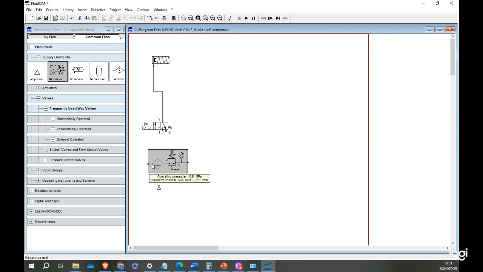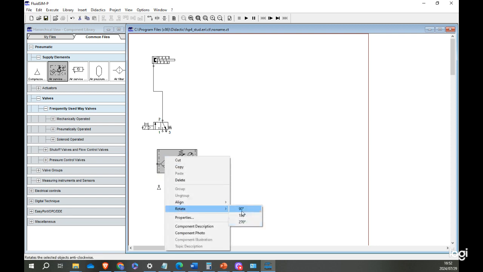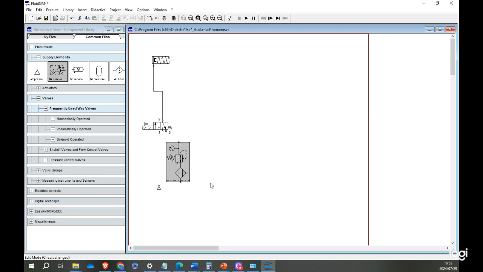So we always connect the compressor to the side where the air filter is, right? So I like to rotate my components. How we rotate is in an anti-clockwise direction, right? That's how the software is set up. If you click on the 90 degrees, you would have rotated your component like that. Okay, so let us connect our compressor to the air service unit, and then the air service unit to the 3/2-way